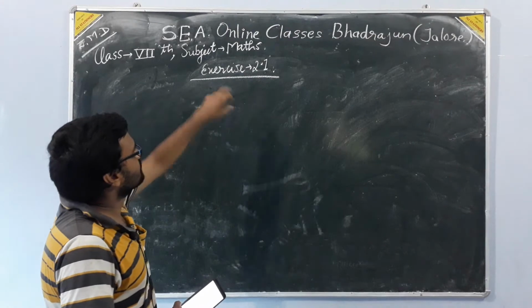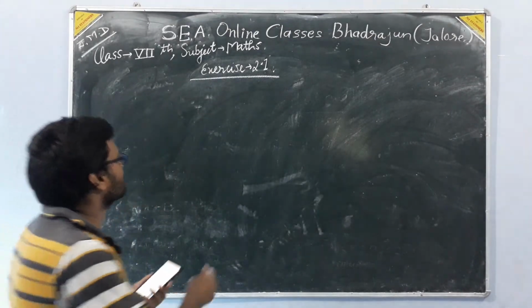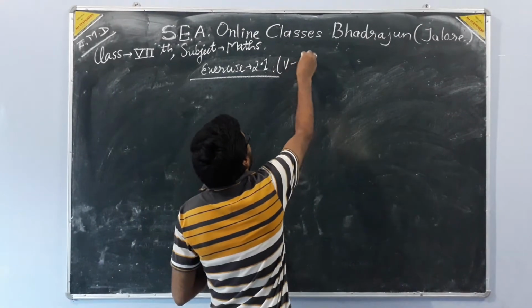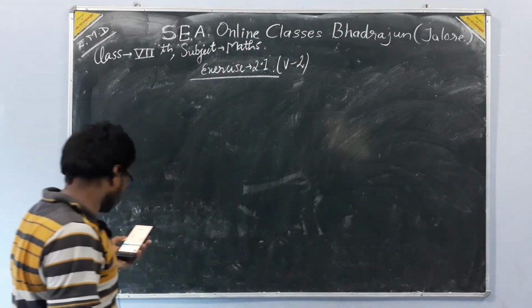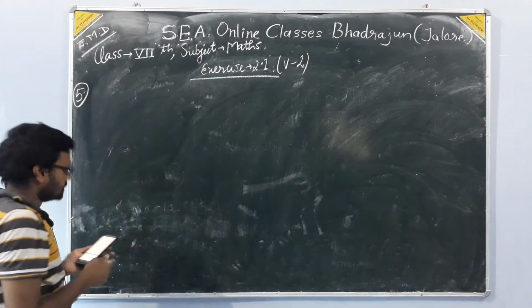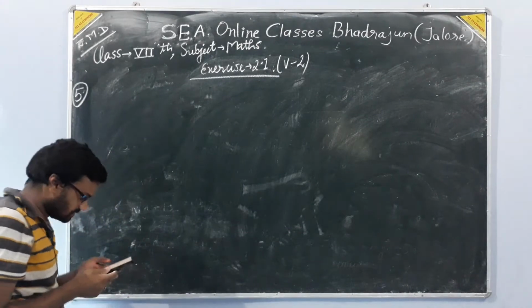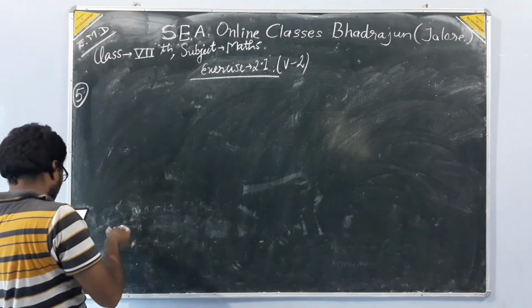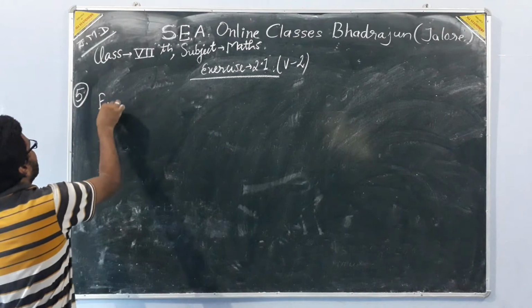ये क्लास 7th का सब्जेक्ट मैथ्स का एक्सरसाइज 2.1 का सेकंड वीडियो है। वीडियो नंबर 2 है ये आपका, और क्वेश्चन नंबर है यहाँ पे आपके 5th। 4th क्वेश्चन तक मैंने लास्ट वीडियो में आपके कंप्लीट कर दिए थे। और क्वेश्चन नंबर 5th is what? Find the perimeter of